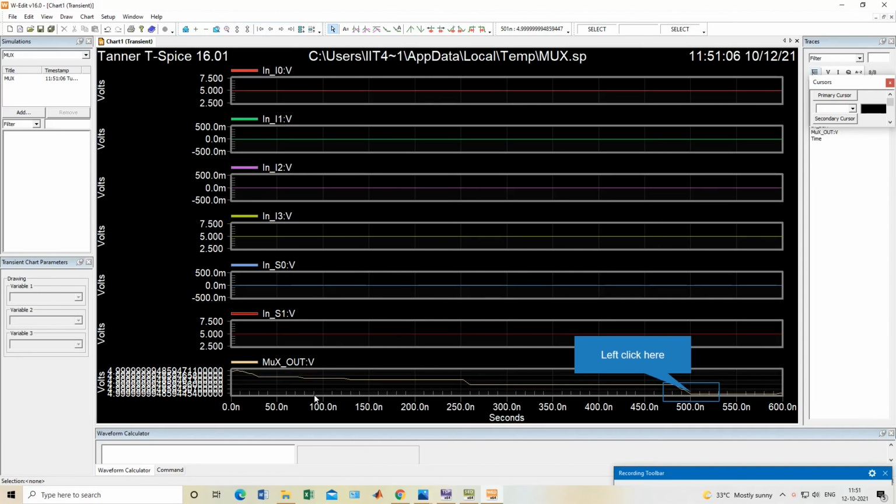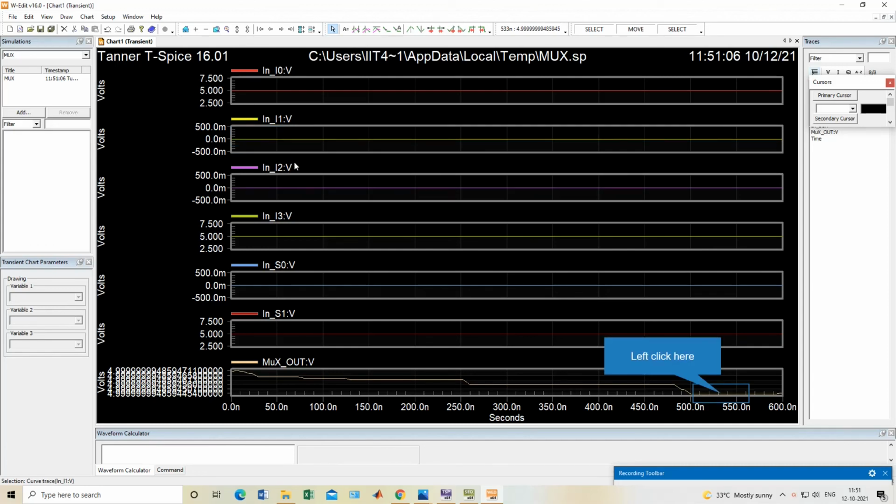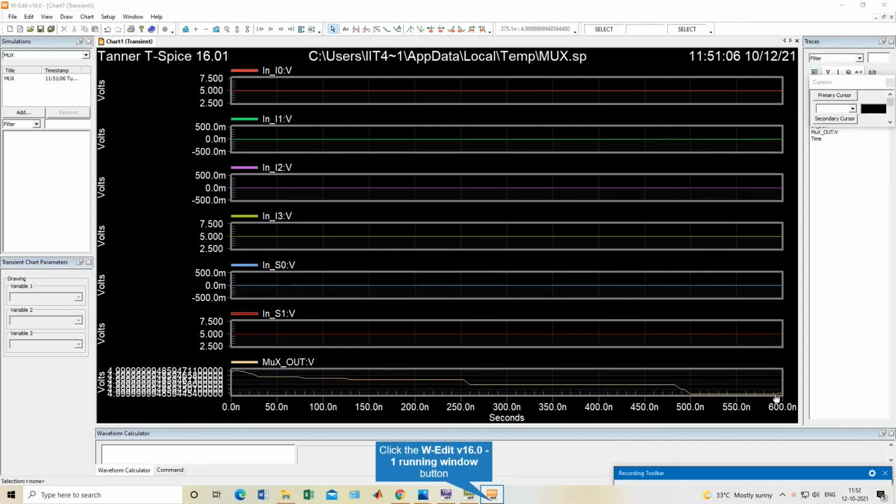Okay, see, it takes some time to come to 0. See, my I1 is 0 right now, and my mux output is also 0. My S0 is 0 and S1 is 1. It is taking some time to reach 0. Okay, this is almost 0.